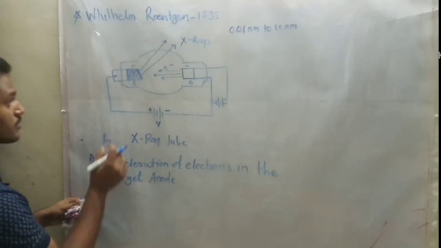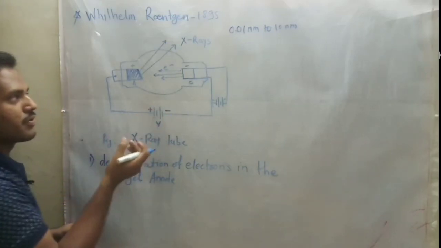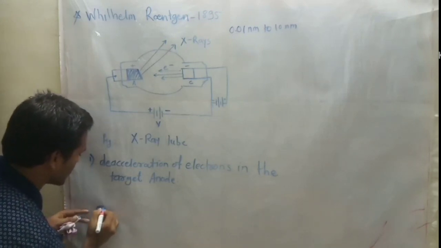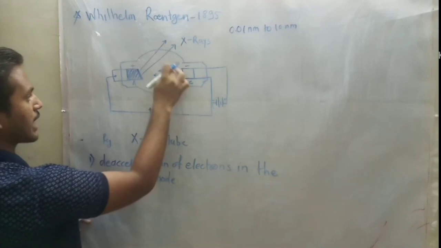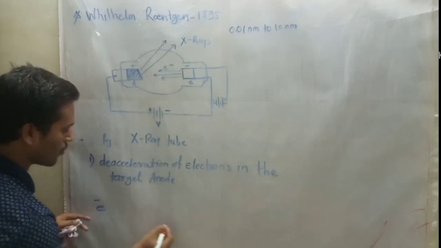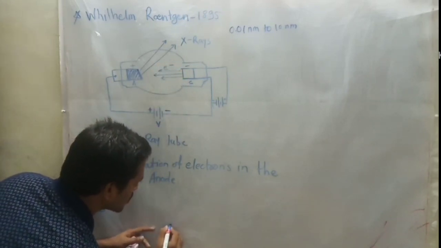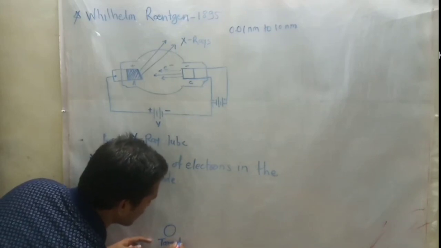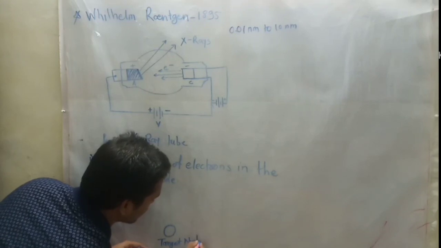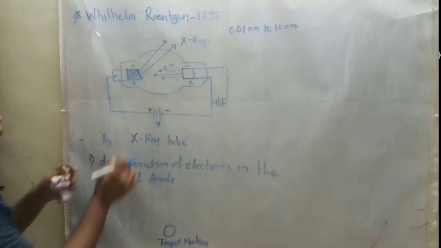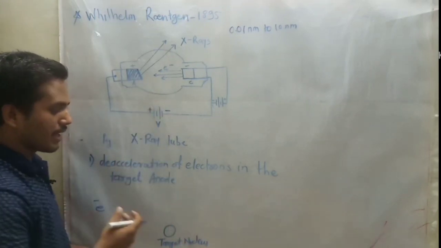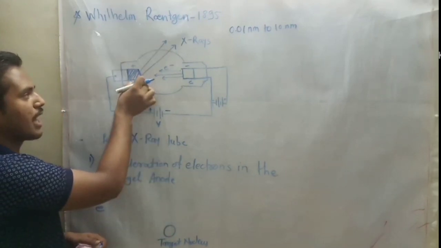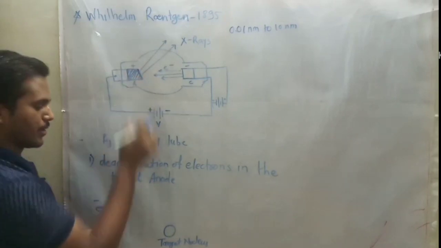Okay, that is, if the incident electron, or accelerated electron, moves towards a target nucleus, that is, the heavy nucleus of the atoms inside this anode,